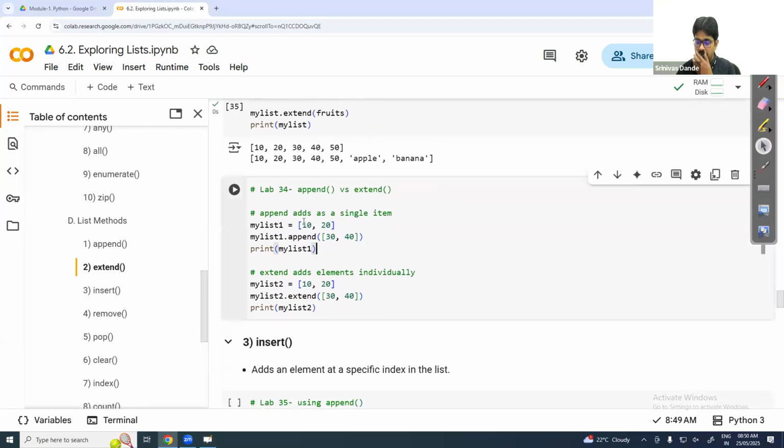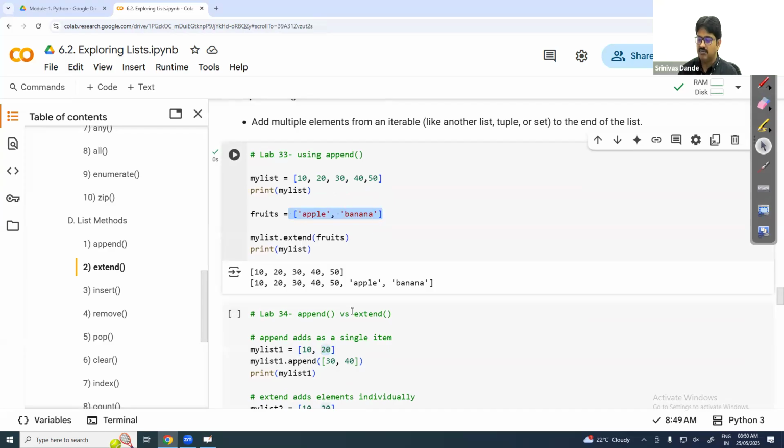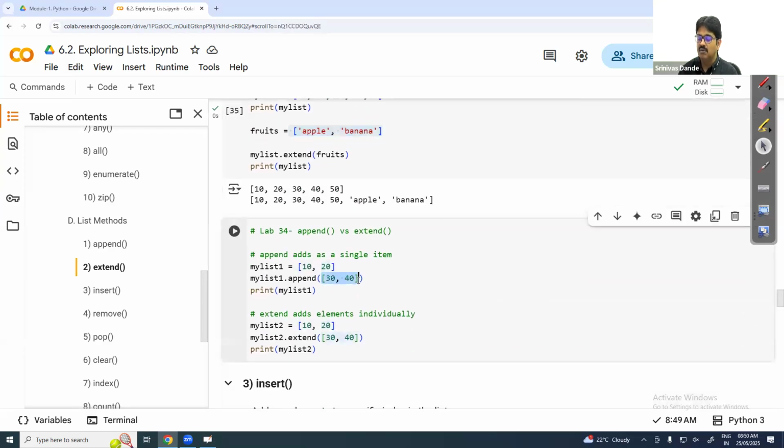Come back here. So my question to you: I have my list which contains 10, 20. Append, for clarity, I'll take apple, banana only. For append, can I pass a list as a parameter? Answer is yes, you can pass, Vishagar, but this will go as one element. Currently, how many elements in my list 1? My list 1 contains a single element,